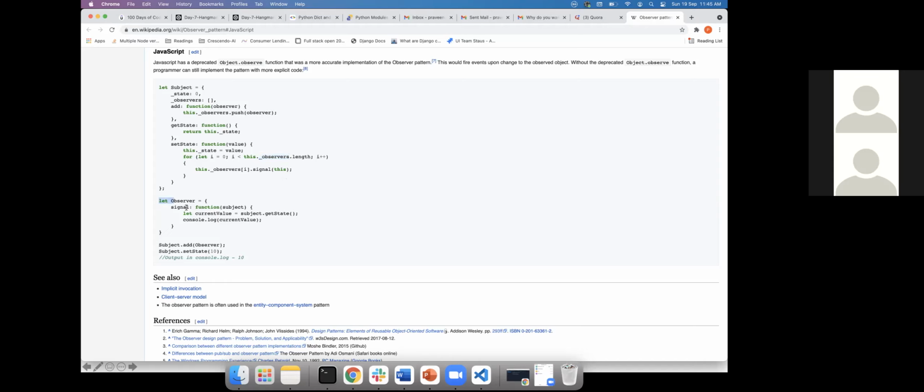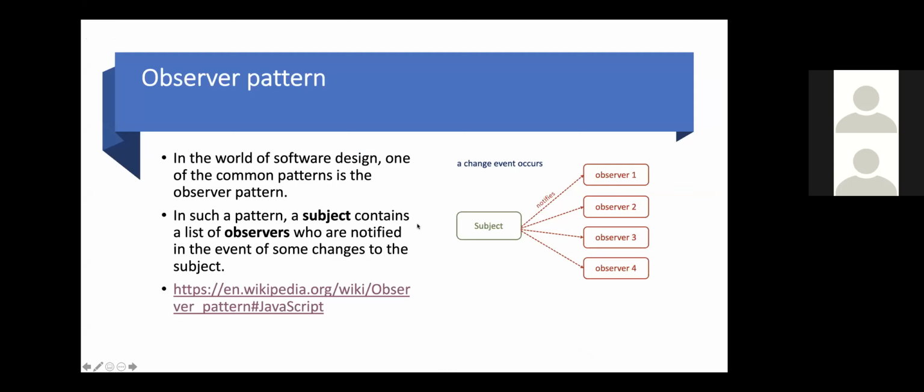Observer is another object that has a method called signal, which listens to the state and console logs it. Subject is a separate object, and add is a method to which we pass an observer object that has a method called signal. Whenever a state changes, the signal is passed to each observer in a for loop. For as many observers as you write, the signal will be passed. This is the observer pattern. For Libin and Sijo, if this observer pattern is clear, we can move further.